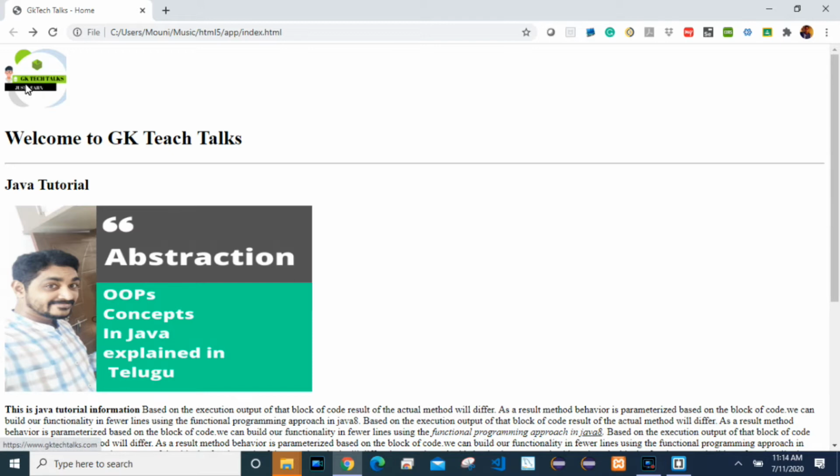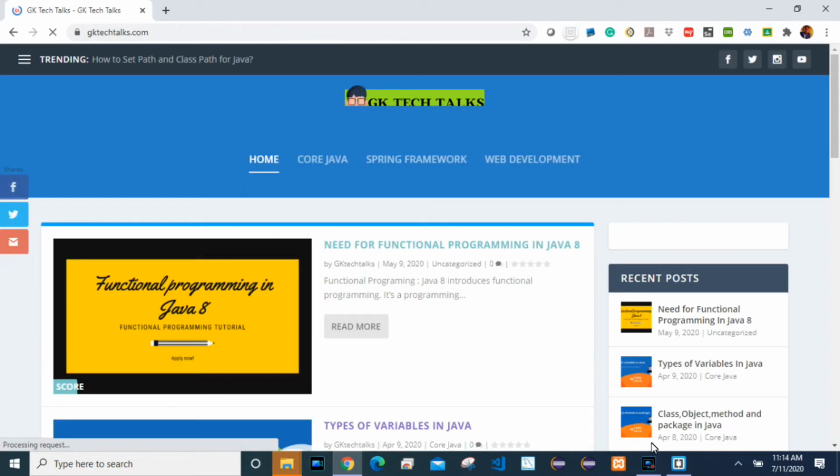See, clicking on here, a hand symbol is coming, right? This hand symbol is basically a symbol for a link. When we give the link, it will come like that. Here we didn't give any link, right? But here we gave the link. Okay, this is how links will work. If I click on here, same as previously, it will go to my website.